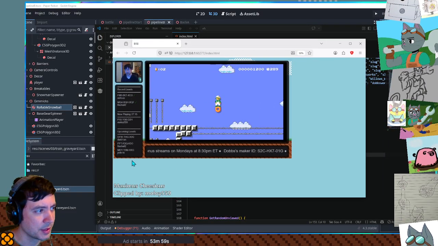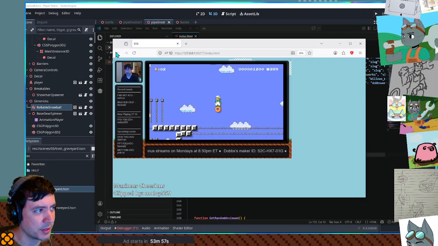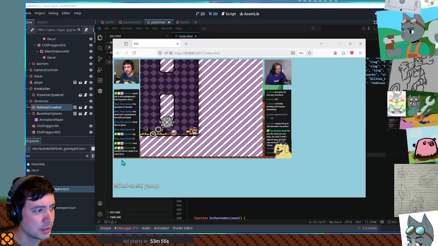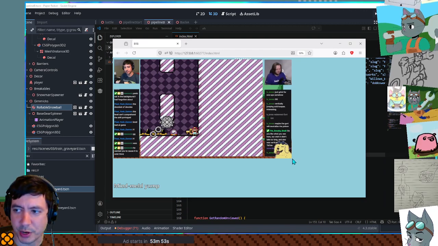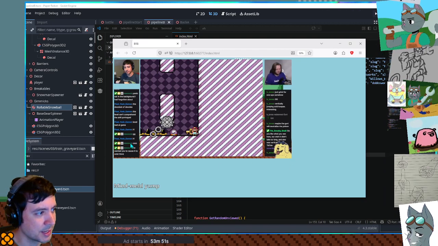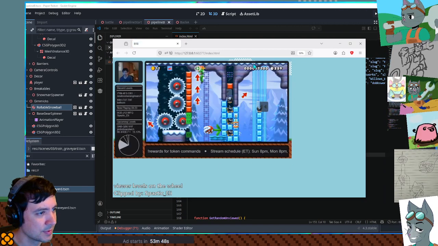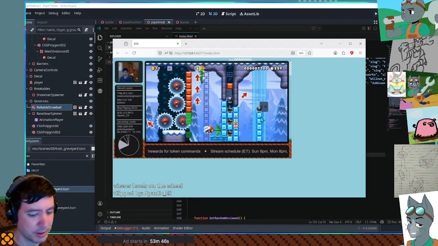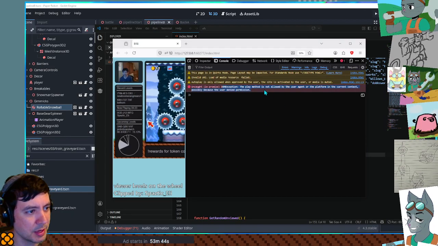Interesting. Something I was thinking of that would be really nice is what if it played a little progress bar of the clip at the bottom? Now, the clips are not going to play because